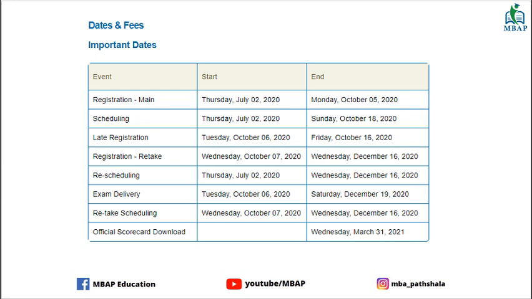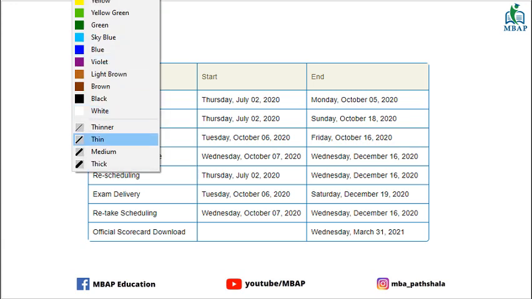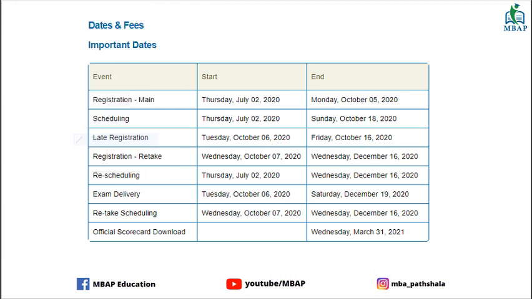Because the dates are out, and between this COVID scenario people were confused about what is going to happen with this year's exam. So guys, be at peace, your exams, the MBA entrance exams, which are NMAT, CAT and all that, are going to start quite late this year. For example, this exam is starting from 6th of October. So definitely by October, we hope that everything will be fine by that time.